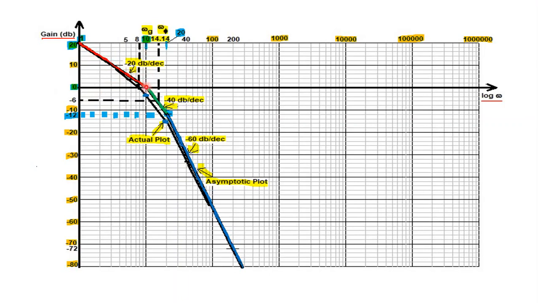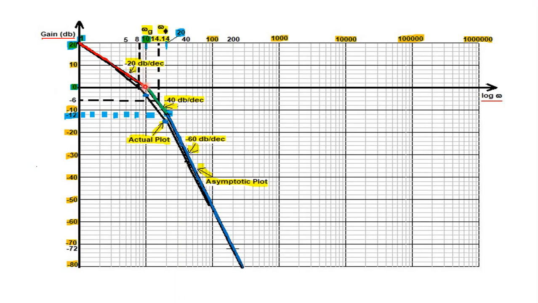From 1 to 10, influence is due to the 1 by s term only. So 1 by s has got slope minus 20 dB per decade always. At 10, we know 1 by (1 plus 0.1 s) comes into picture, because it changes the slope by a further minus 20 dB per decade. So minus 20 minus 20 is minus 40 dB per decade. So at 10,